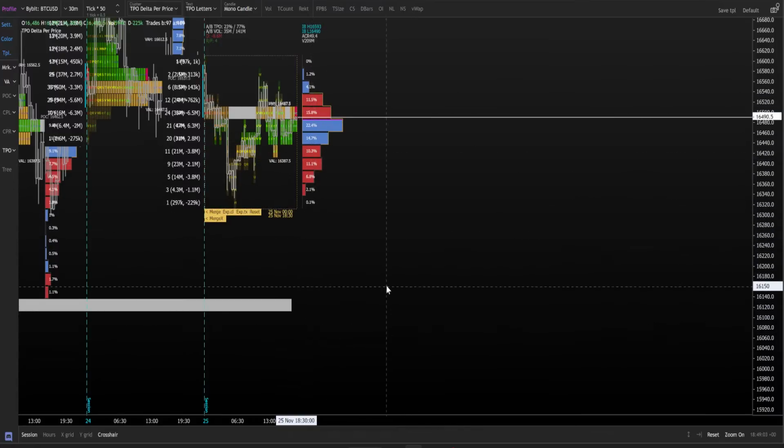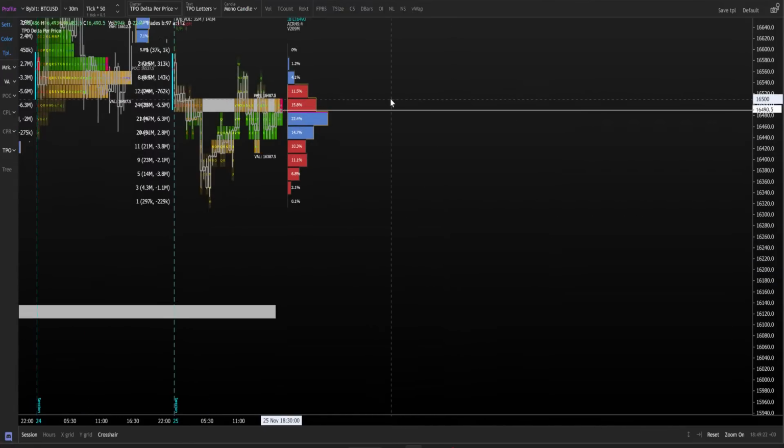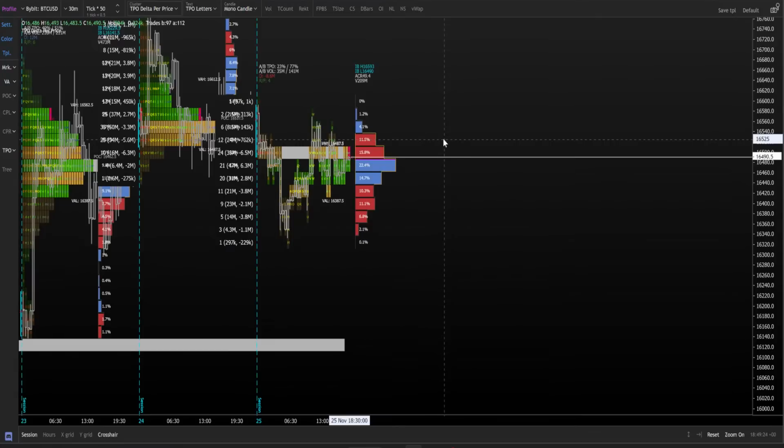Distribution, move down, distribution, into the single prints, fill the single prints, you pump straight back up. Many people are going to say, hey, this is a BART pattern, this is manipulation. It's not true. It's a simple case of a distribution coming down to support, finding support, getting acceptance into the single prints, quick move back up to the upside. Many uneducated people would refer to this as manipulation, untradeable. Oh my God, I hate this market. All I do is get stopped out.